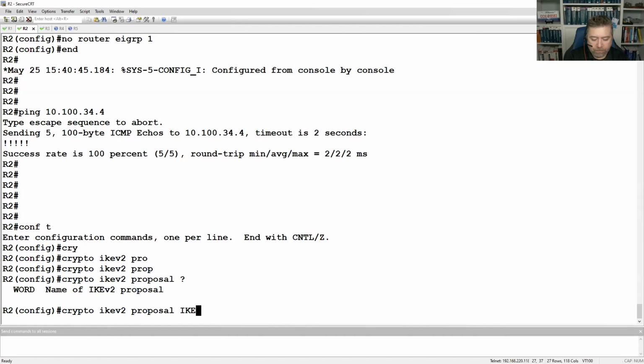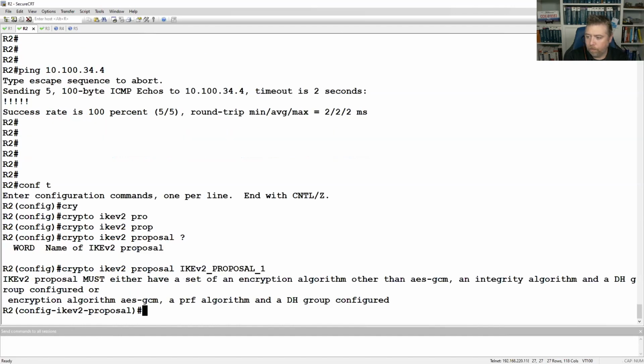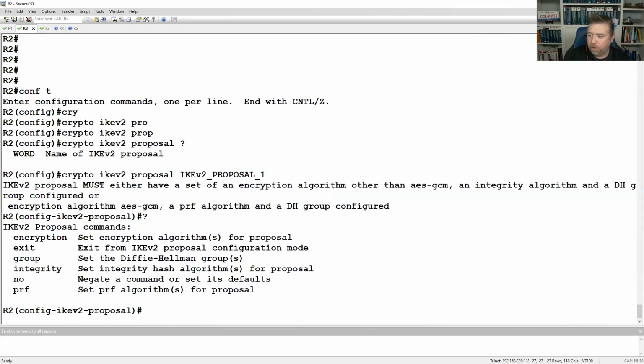Okay, so we'll say IKEv2 proposal 1. It says an IKEv2 proposal must either have a set of encryption algorithms other than AES-GCM, an integrity algorithm, and a Diffie-Hellman group configured, or encryption algorithm AES-GCM, a pseudo-random function algorithm, and the Diffie-Hellman group configured. Okay, so this is where we negotiate those 4 variables, which are going to be the encryption, the Diffie-Hellman